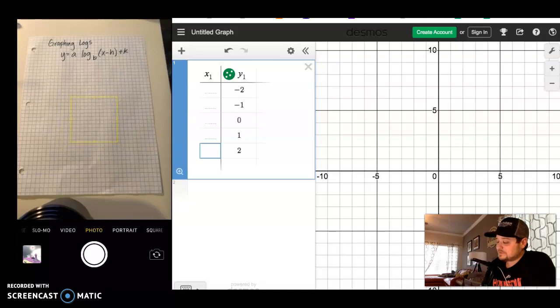Anyway, let's talk about logs. Last week, you really got to know a log and how it works as a math topic and a math function, something that we can do to a number. A log is basically an exponent. It's another way of thinking about exponents. Today we're going to talk about graphing logs, and hopefully this will give you enough of an idea of what we're looking at when we graph logs